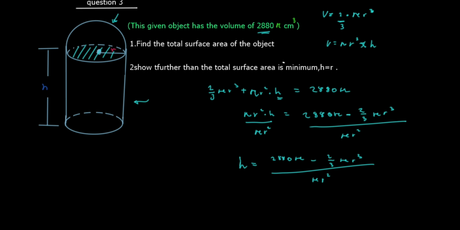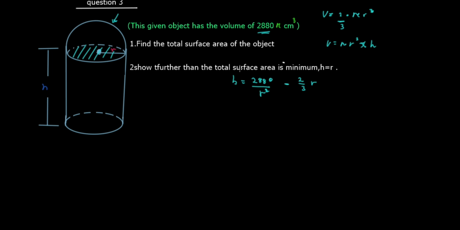Now let's remember that we're looking for the area of the object. It means it's the combination of the area of the sphere, which has only one circle, and I meant to say a cylinder with one circle and the half of the sphere. Now let's try to solve everything. Area is going to be equal to pi r squared plus 2h multiplied by pi r